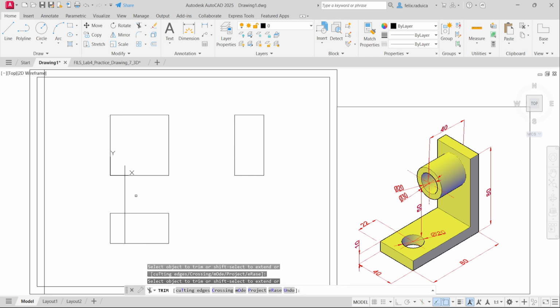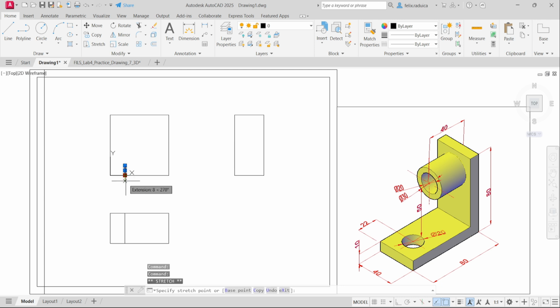TR, enter twice and select this and enter. And let's extend this a bit. So I want 3 millimeters downward. 3, enter, escape. This is the axis line for this hole here,